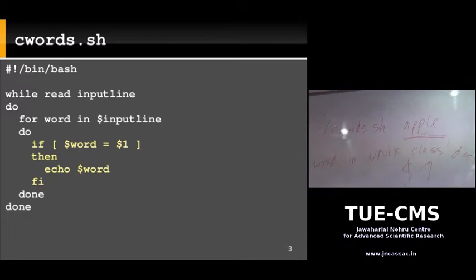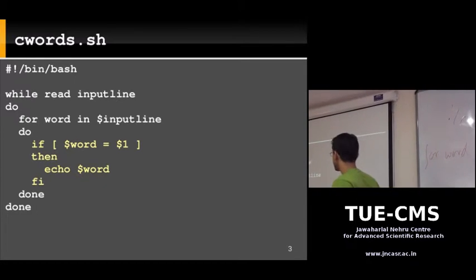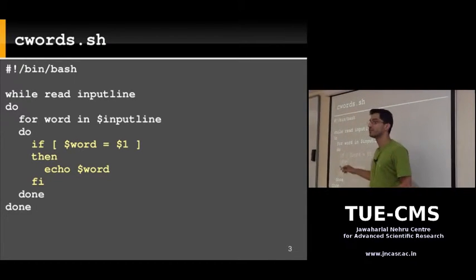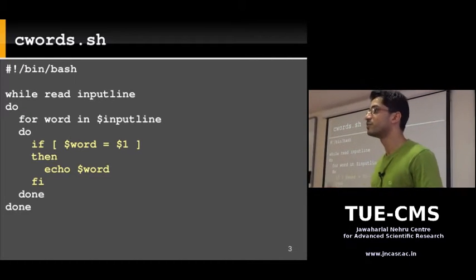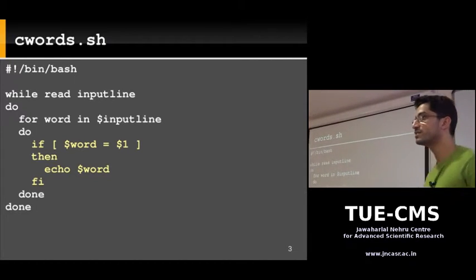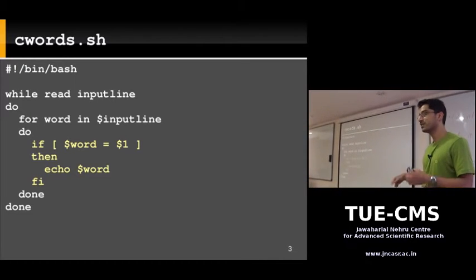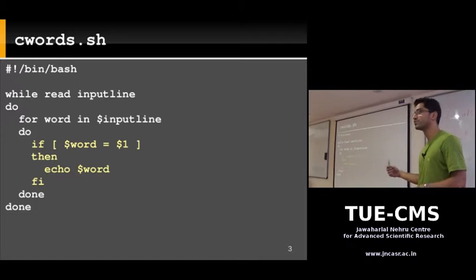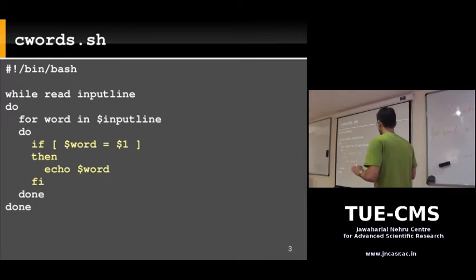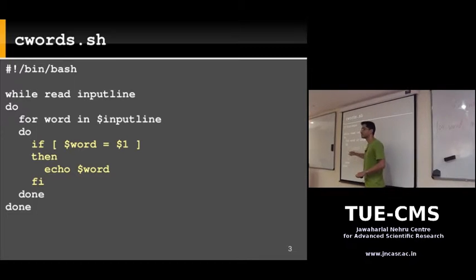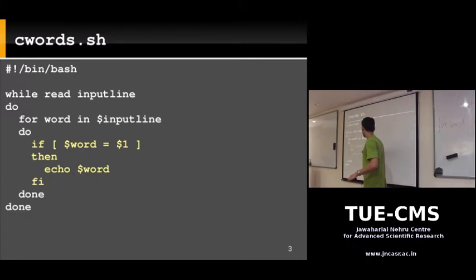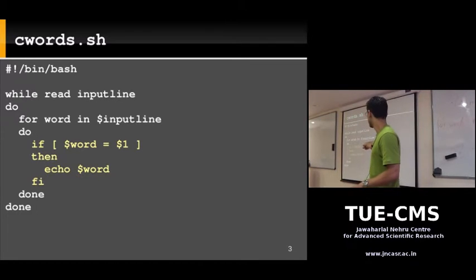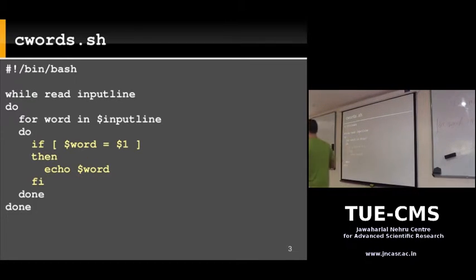So what we're doing here is we're using an if statement, using our bracket test condition. Remember the brackets? Inside the bracket, we're putting $word. $word expands to the current word it's looping over. So if you're in the first line, the first word is going to contain the first word. You have an inner loop which is looping over the words and an outer loop looping over the lines. So $word expands to the current word being looped over, and $1 contains the word we're looking for. Suppose it matches, we're going to echo that word. So echo $word.